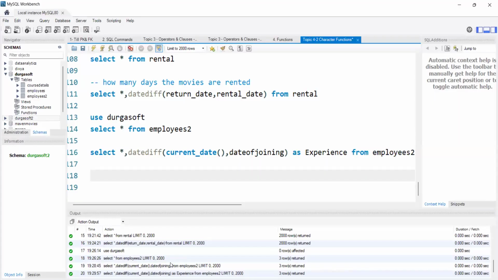So basically, if you think logically, whatever we are using in the first parameter will be the latest date, and this one will be the previous date, right? Like that, whenever we want to find any such differences or experience, we will use this function. Okay. Next,